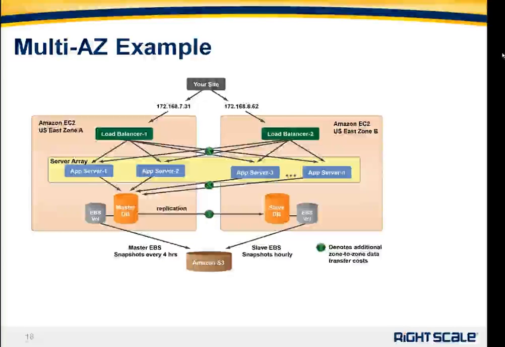Okay, so what we're going to show in the next few slides are different pictorial examples of different architectural options that you have. This is the multi-availability zone, multi-AZ example, and this is what we recommend to almost all of our customers that come to the RightScale Professional Services organization. What this basically shows is that we've distributed the deployment across multiple AZs within a particular region. For example, you have a load balancer in each of these availability zones of the region, and your server array grows across all of the availability zones.